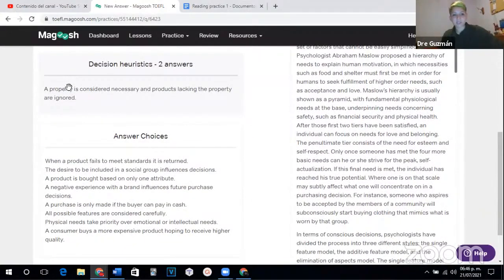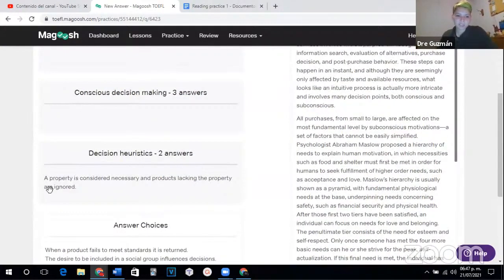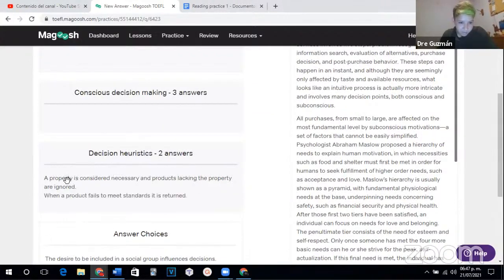Does anyone know what heuristics is? No. If you've seen it in a philosophical term maybe. I'm not gonna lie to you, I'm not 100% sure what it means. Okay, it's a mental shortcut that allows people to solve problems and make judgments quickly and efficiently. So it's basically quick decision making. So if we're talking about quick decision making, quick mental processes, sorry, it was this one that I had to put here. Decision heuristics. This one.